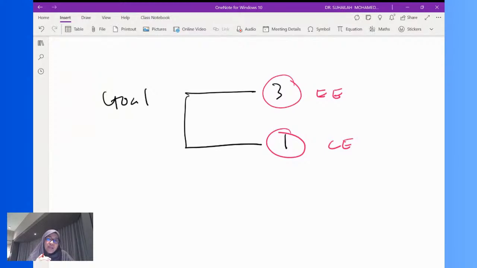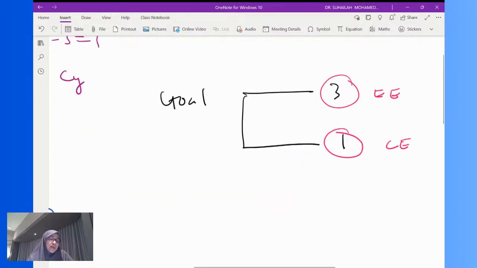Means that once we have the compatibility equation, we can solve for the redundant value, one redundant in the system, and then we can solve for the remaining 3 unknown reactions using 3 equilibrium